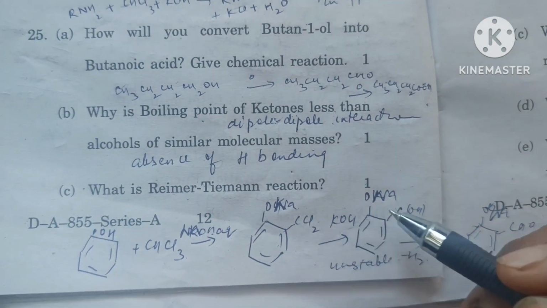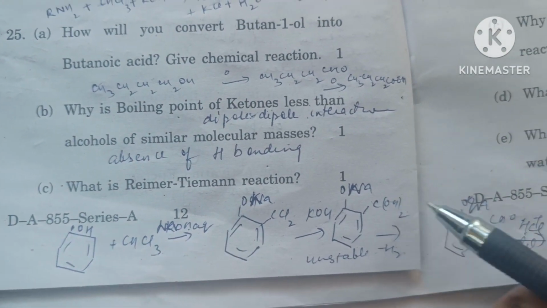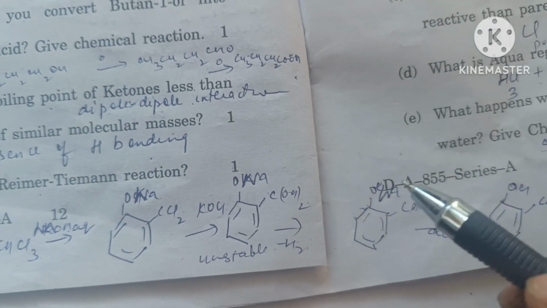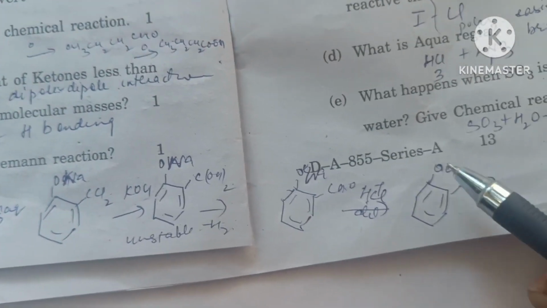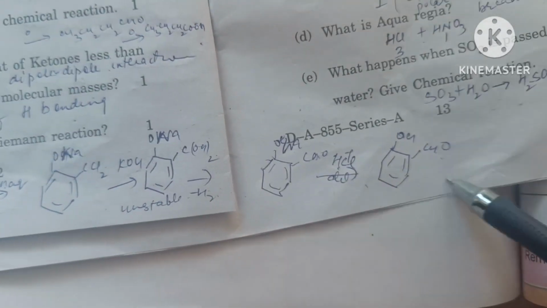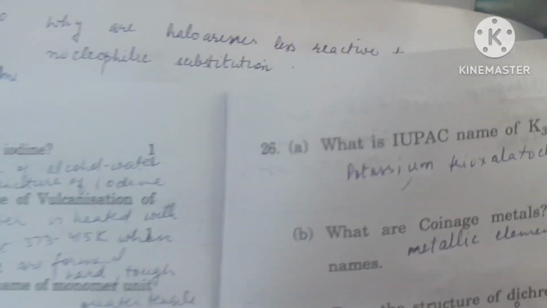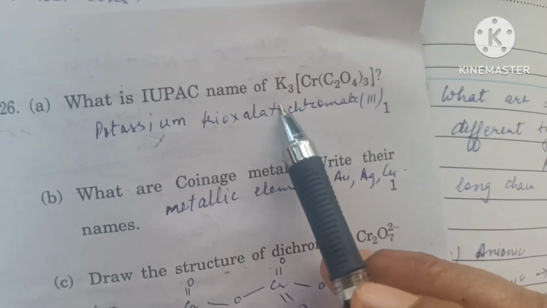This is then hydrolyzed. दोनों Cl की जगह 2 OH लग जाएंगे. ये अनस्टेबल होता है, इसमें से वाटर निकलेगा, यहाँ एल्डिहाइड ग्रुप अटैच हो जाएगा. ONa को OH में कन्वर्ट करने के लिए HCl से रिएक्ट करवाएंगे. सो इन द एंड सैलिसिलएल्डिहाइड बनेगा. दिस इज रीमर-टायमन्स रिएक्शन. IUPAC नेम इस कंपाउंड का हो जाएगा पोटेशियम